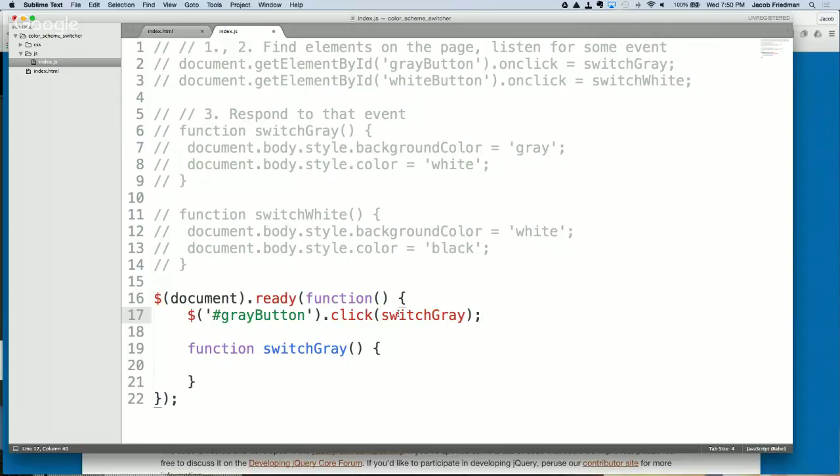So here you're looking for the ID gray button. What we want to do is target the body, and then we want to set some CSS. So pretend you've got the function written around this. How would you target the body element? Think about it like CSS: how would you target the ID gray button, what do I have to do? Exactly. And then for the CSS part, it's looking for